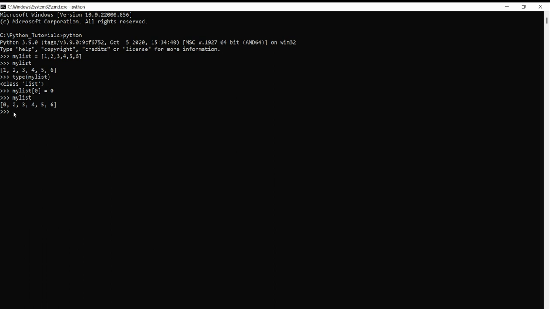The third is that a list can have duplicate values. For example, say I change the value at the third index to 0 and again try to print it. As you can see, we can have duplicate values. We have 0 coming up twice in the list. That means that my list, or any list for that matter, can hold duplicate values. So these are the basic